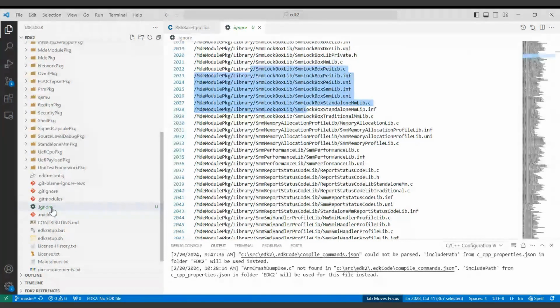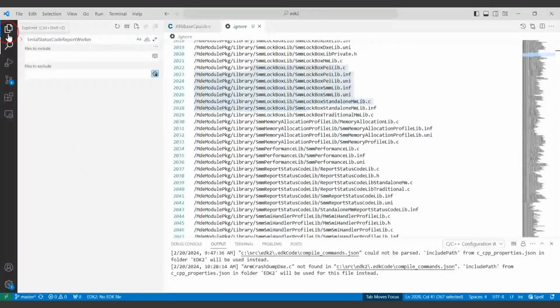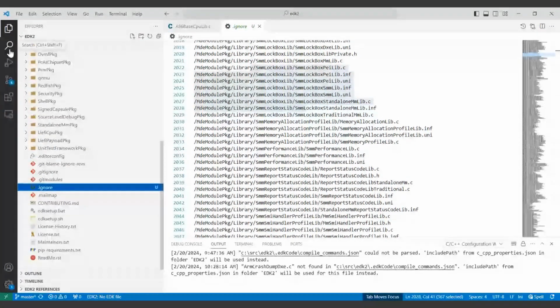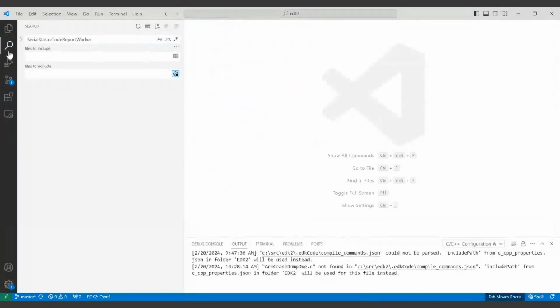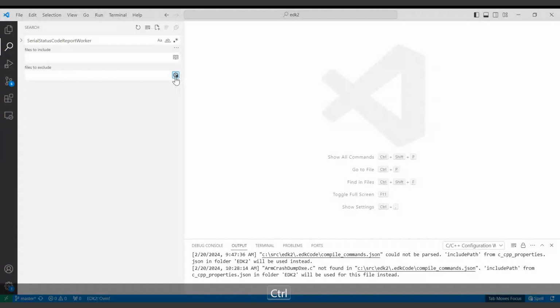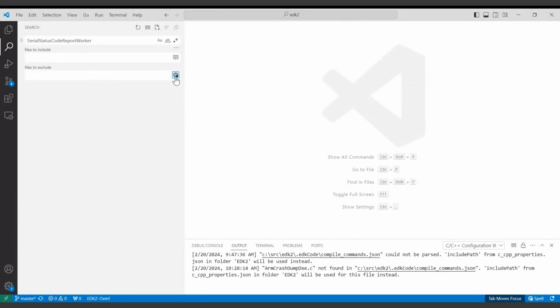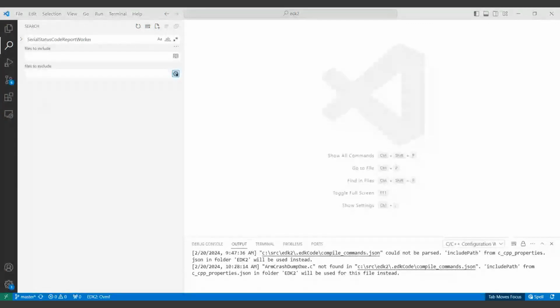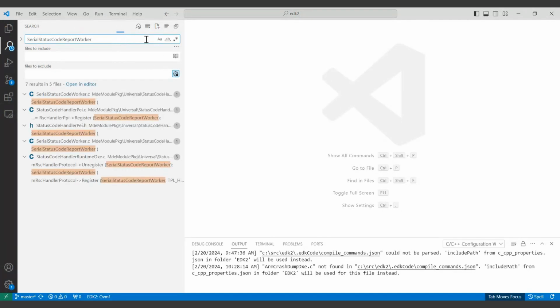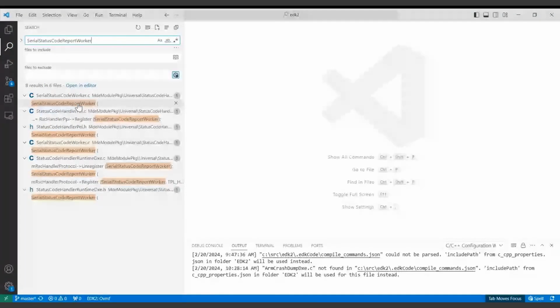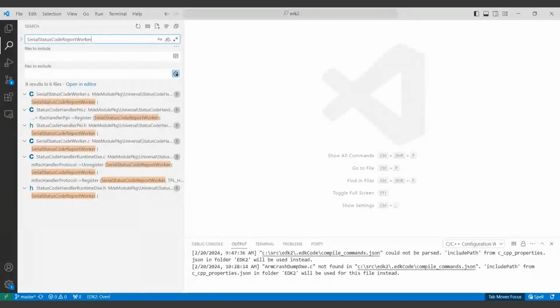And the reason for this file is that Visual Studio Code uses this ignore file. So you can ignore files when you are searching things with the search bar here in Visual Studio Code. So if you enable this button here, this will exclude files that are inside that ignore file. So for example, if I search for serial status code report here, it will only show me 7 results, well, 8 results in 6 different files. And all these files are files that were used in compilation,